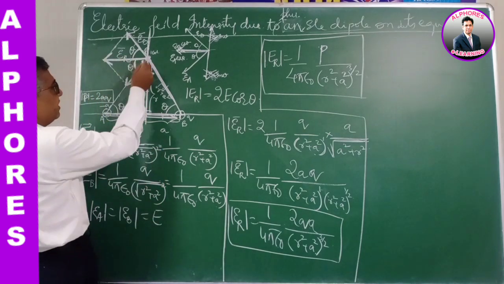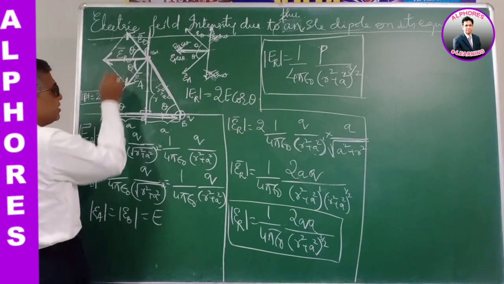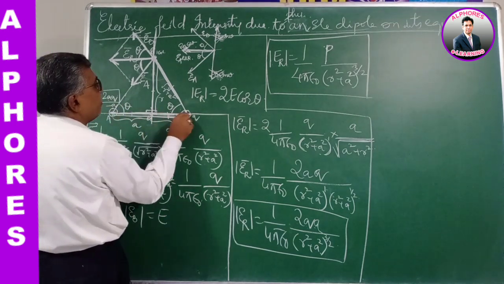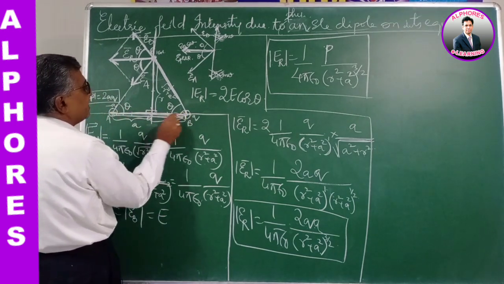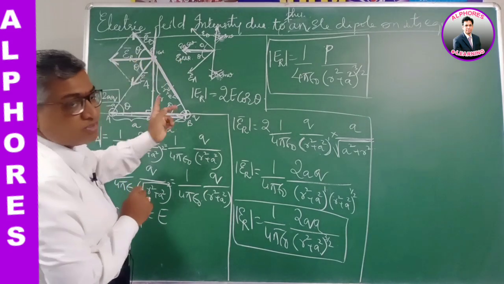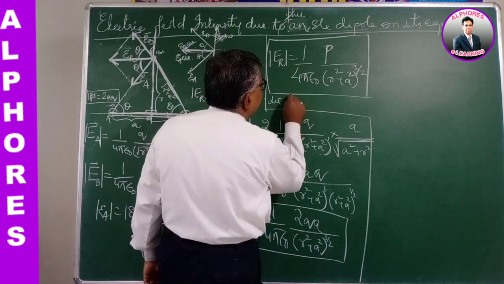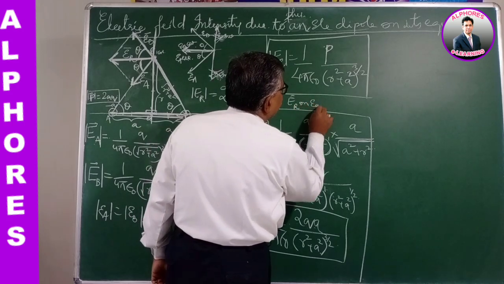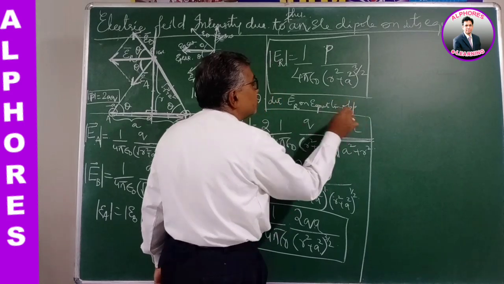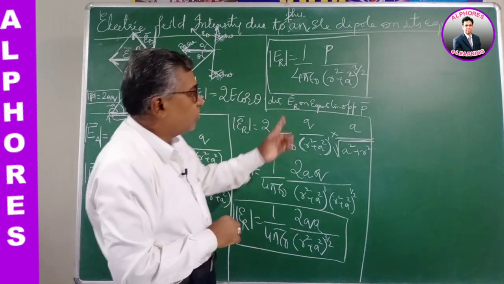But now about direction. From the figure, the direction of the resultant electric field is in this direction, which is parallel to AB. And we know A to B in this dipole represents the direction of the dipole moment. But here the electric field strength is opposite to this. So the direction of the resultant electric field on the equatorial line is opposite to the electric dipole moment P bar. So it's minus, opposite to this.